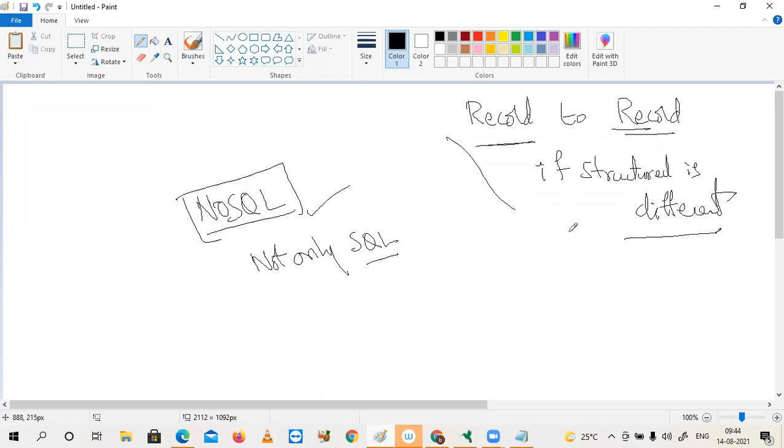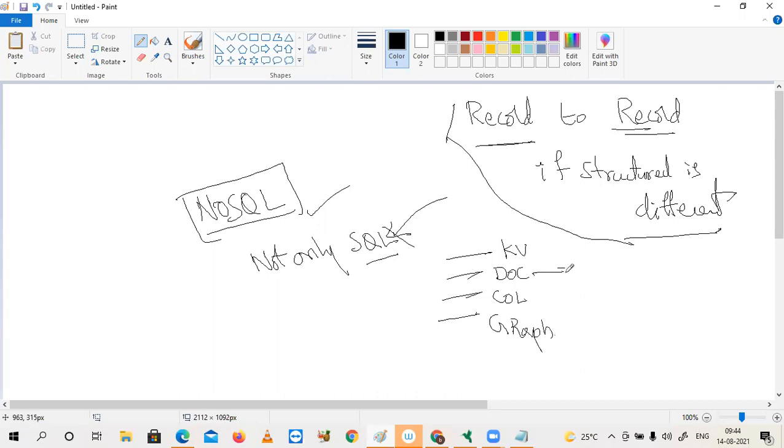Okay, then RDBMS is not suitable. At that time, you have to go for NoSQL databases. But there are different varieties of databases: key-value store, document store, columnar store, and graph store. In the case of document store, the popular examples are MongoDB and CouchDB, and in the case of Azure, we have Cosmos DB.